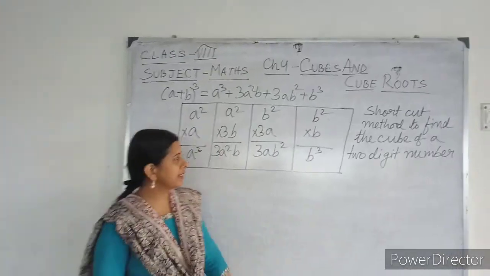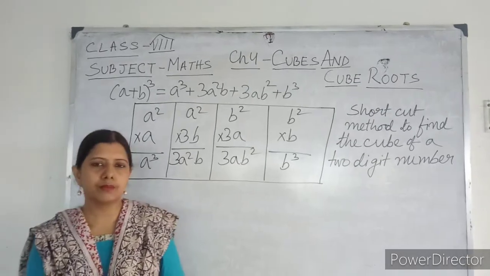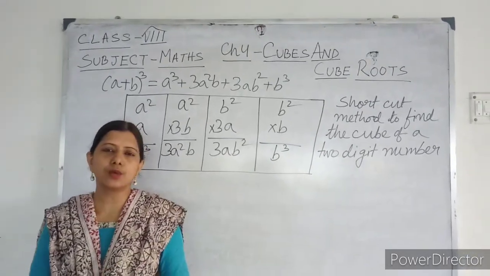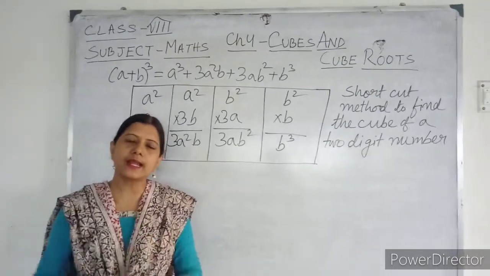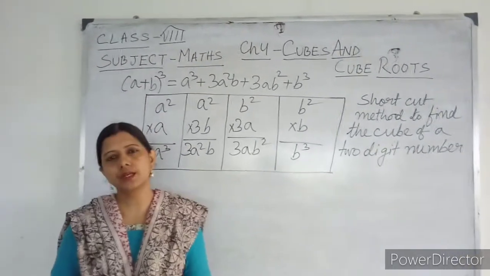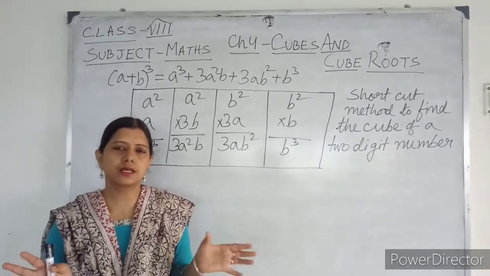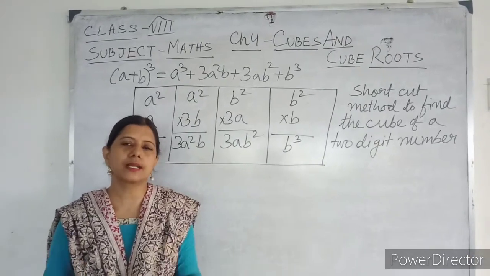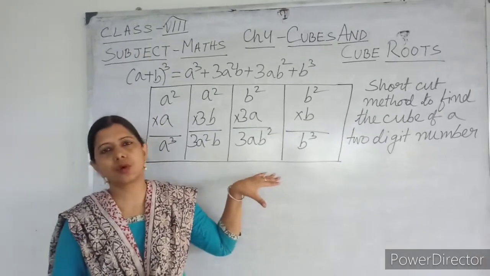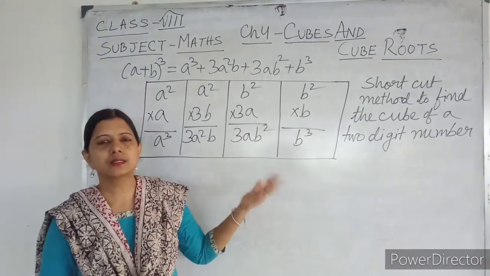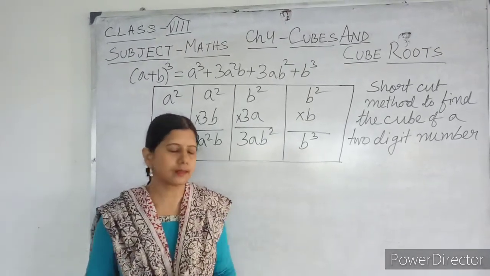I am going to explain a shortcut method to find the cube of a 2-digit number. Previously I told you how to find the cube of a number: the number multiplied with itself and again multiplied with itself gives the cube. But if you think the multiplication is giving you a long result or you are taking too much time, another method can be used. It is not necessary that you always follow this method. This is for your knowledge only. You can use the previous method, no problem.